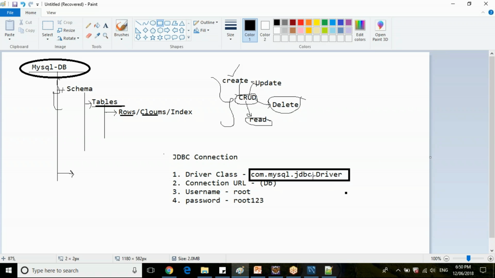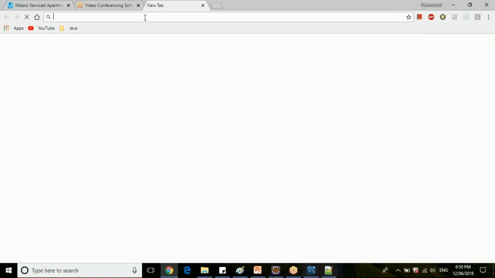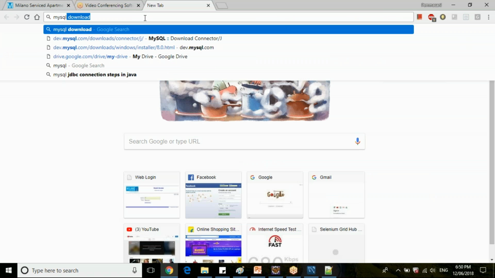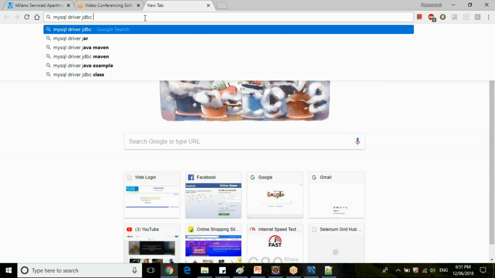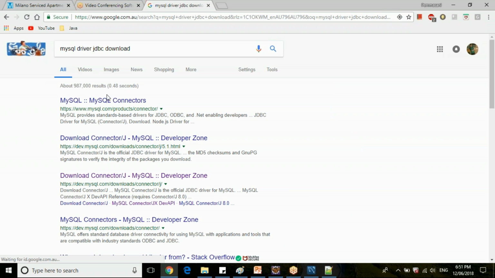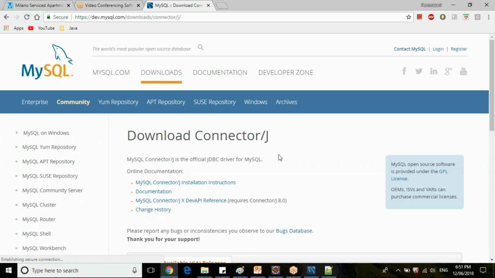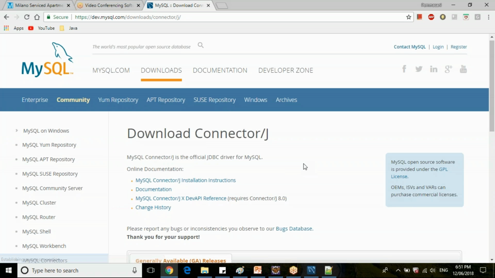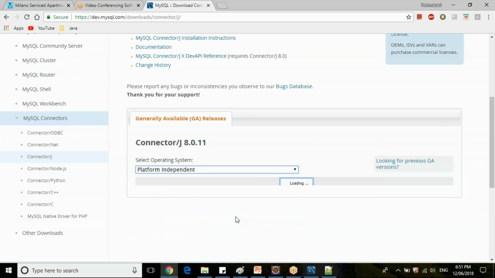You can directly go to the official portal of MySQL here. Search for MySQL driver JDBC download. So here you can see downloads of MySQL connector. Click on this particular link. Now you select the operating system you want, select platform independent.